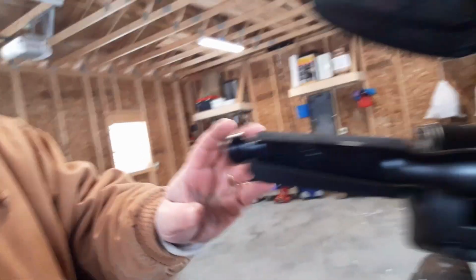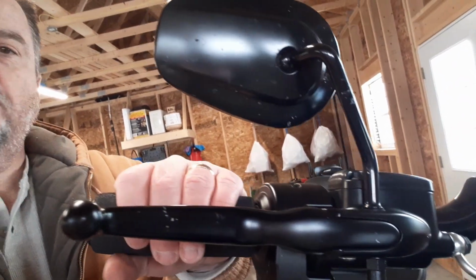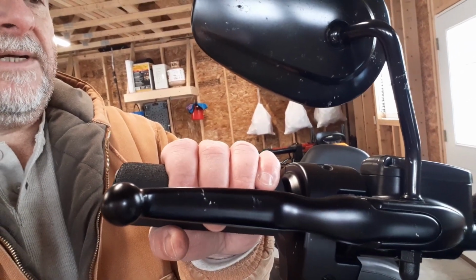Today I'm over at my brother's garage again. I got another package in the mail for the bike from Amazon. It's cold up here in upstate New York, so riding in the cold, yeah, I got heated grips, but I wanted to